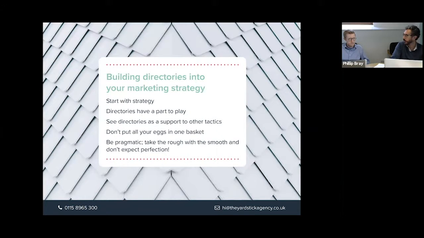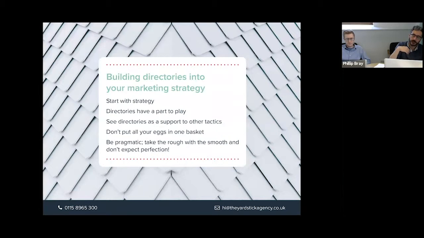A, you'll probably not hit your target. You need other things as well. And B, it's always dangerous. I saw historically some advisors who were doing this with Unbiased were getting significant numbers of inquiries through when it was a directory only, and they dropped significantly when they introduced the matching concierge service. So don't put all your eggs in one basket.